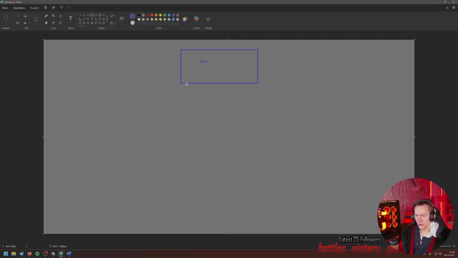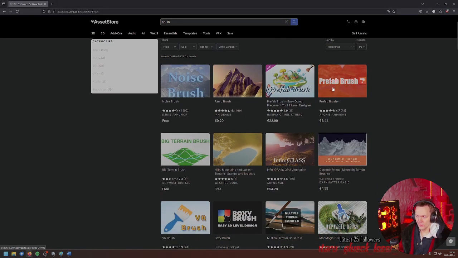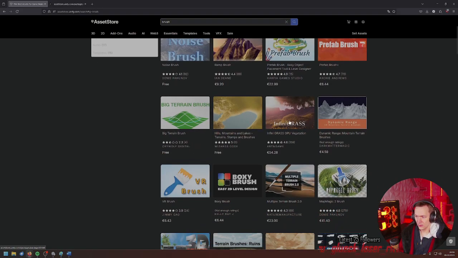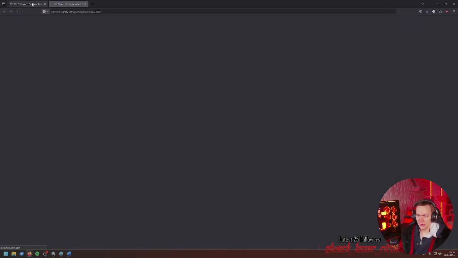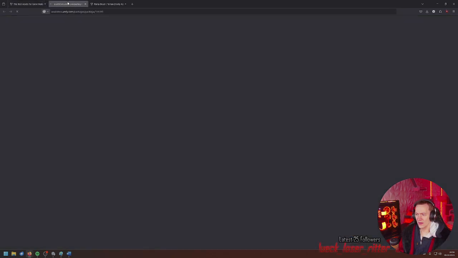Then we have brush types, like the ones we defined. I forgot to look them up. Always do the research. Noise brush, ramp brush, prefab brush, terrain brush, hill, VR brush. Okay, that's a brush that I didn't see coming.